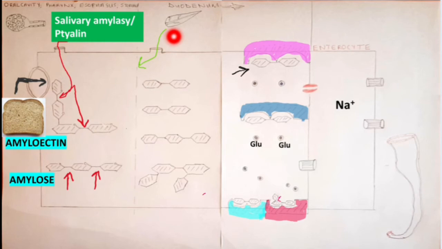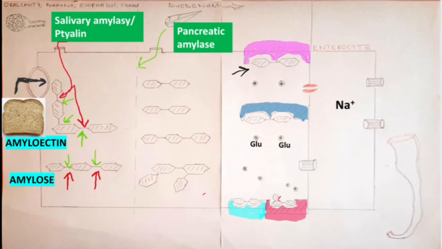But here we're talking about carbohydrate only, so we'll only mention pancreatic amylase. Pancreatic amylase, what does it do? It also hydrolyzes these bonds, alpha 1,4 and alpha 1,6, like this. As a result, for digestion of starch, usually they just mention maltose, but I just want to tell you about